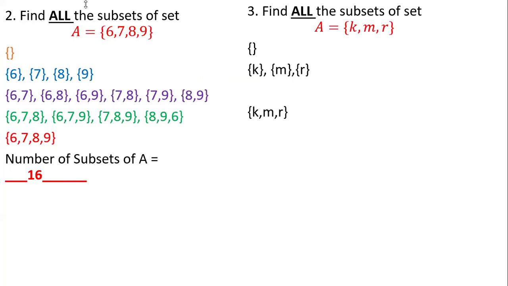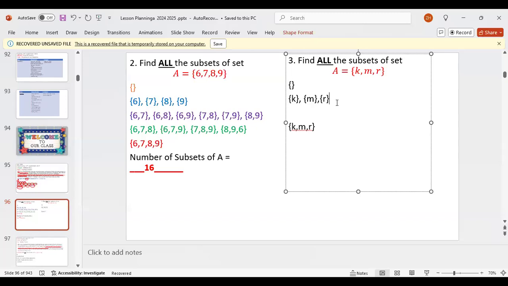Good. Where's Antio and Amadiola? Okay, so tell me, one of y'all, what's going to be the next row we're going to put in there? KM, KR. KM. That's good. What else?